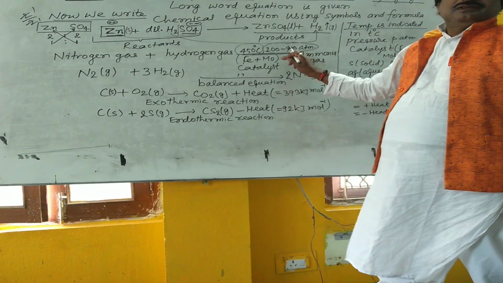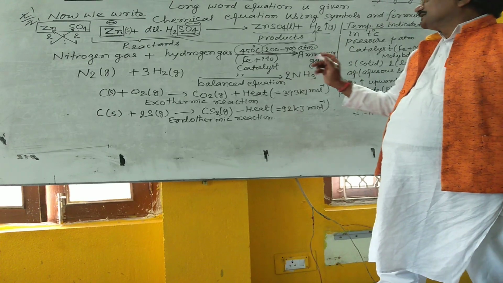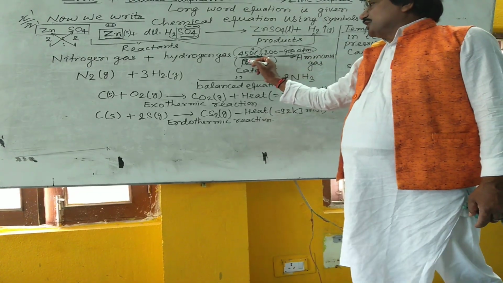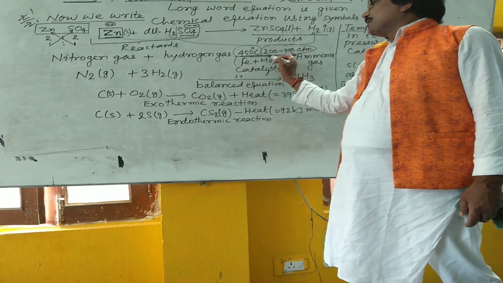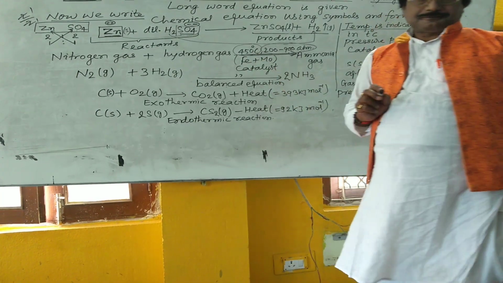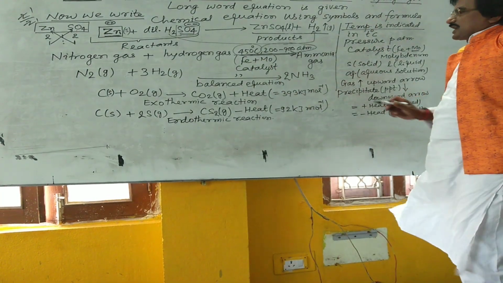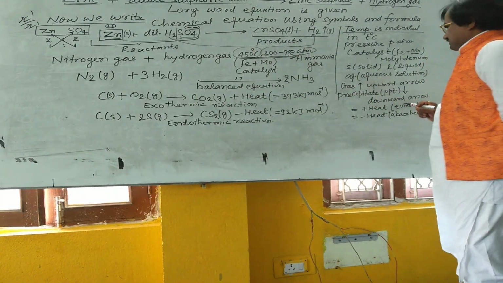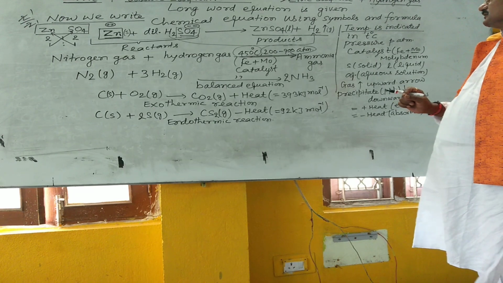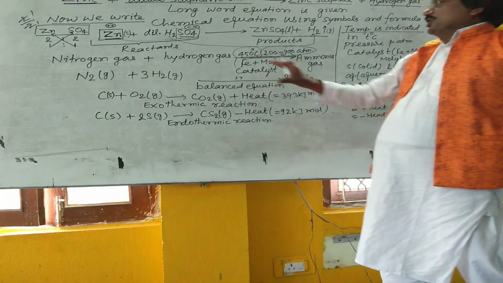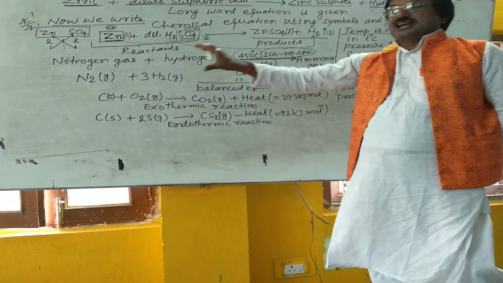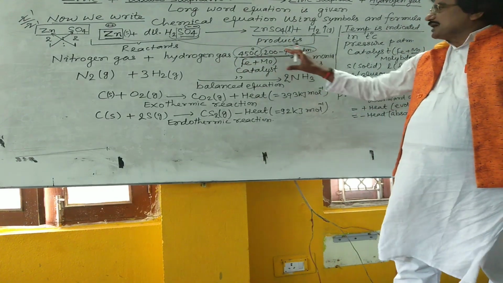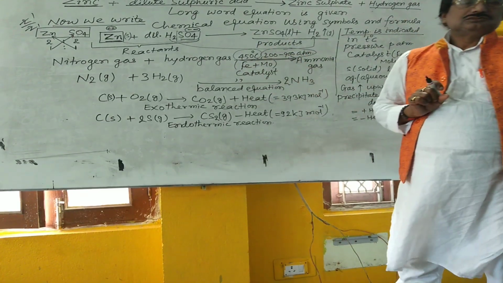Molybdenum is an element, Fe is also an element, and the mixture of both is used as a catalyst. So catalyst, temperature, pressure, promoter, they are denoted in between reactant and product, just above or below